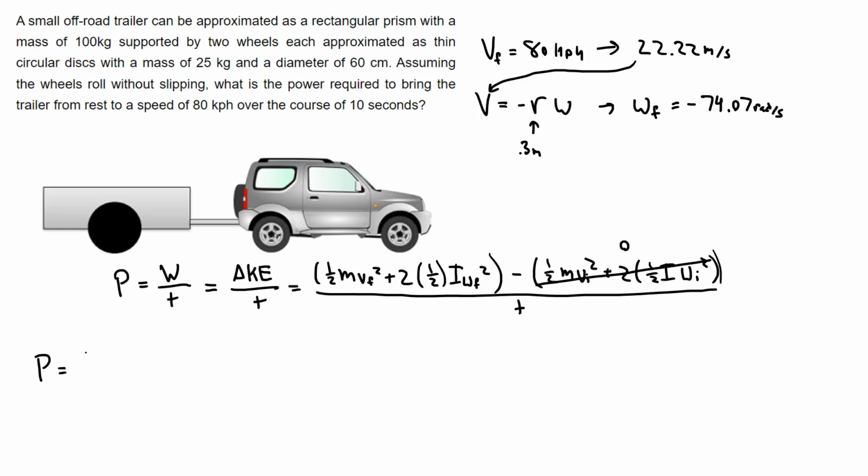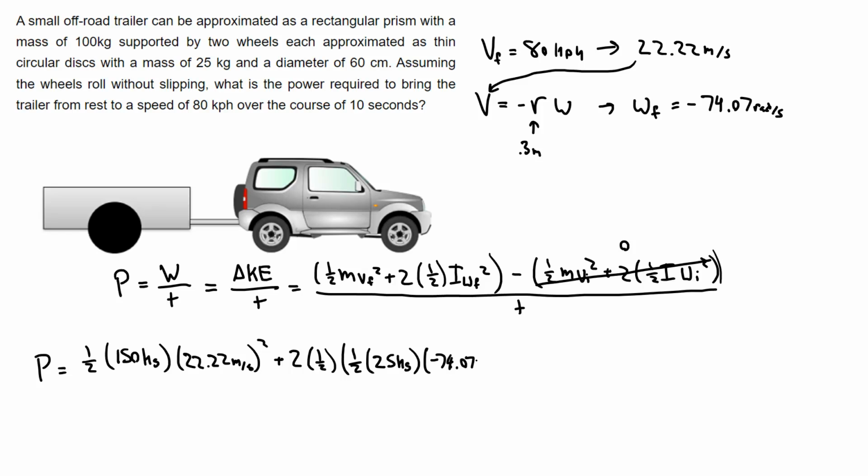So let me simplify this and put some numbers in. The power is going to be equal to 1/2, and for the mass, I need to include the mass of everything. So I've got 100 kilograms for the silver box part, and then 50 kilograms of wheels. So 150 kilograms total for the mass that is moving at 22.22 meters per second. V final is, again, that 22.22 meters per second squared. And then I've also got the rotational part. So 2 times 1/2 times I. For a thin circular disc, I is 1/2 times mass of 25 kilograms times omega final